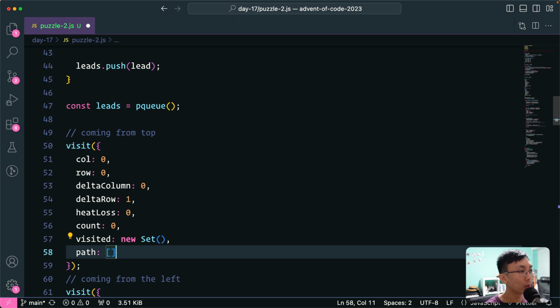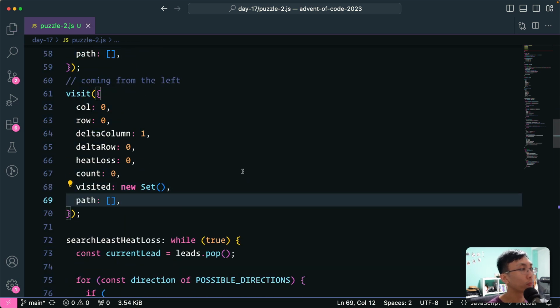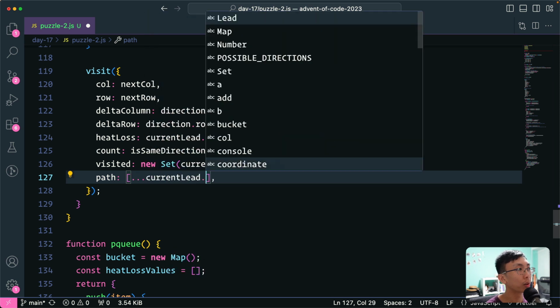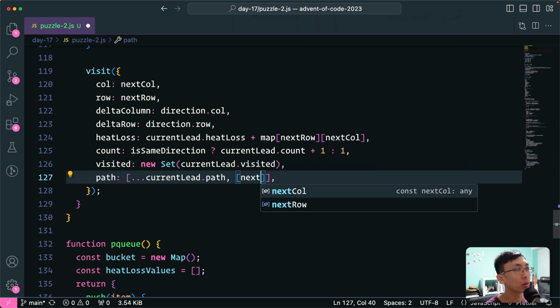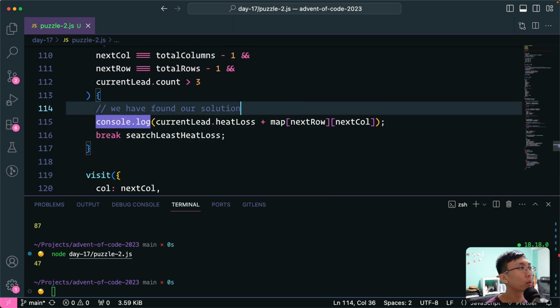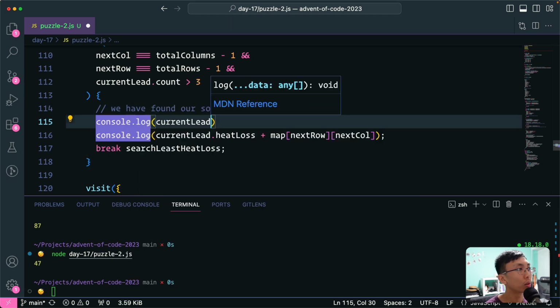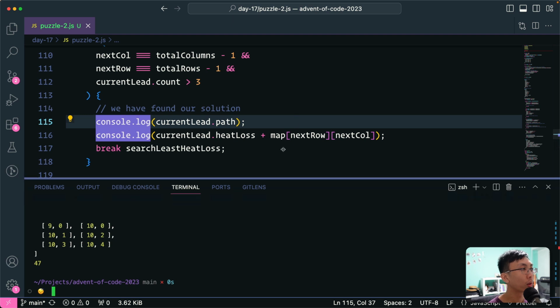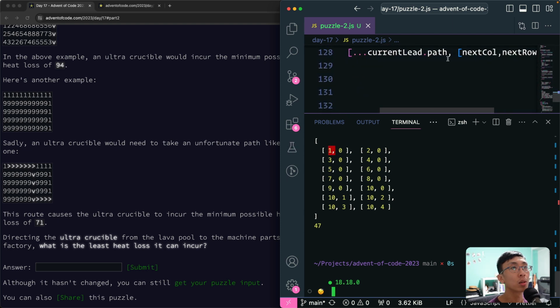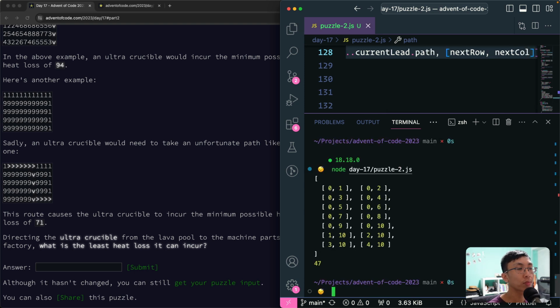So I'll start with path is empty array. And then the path is basically current lead dot path plus the next column, next row. Try and print out console log current lead dot path. Okay, so we start with 0 0 and then move to... this is column and row. Let me change this to make it row and column. Right, 0 0 1 2 3 4 9 10,